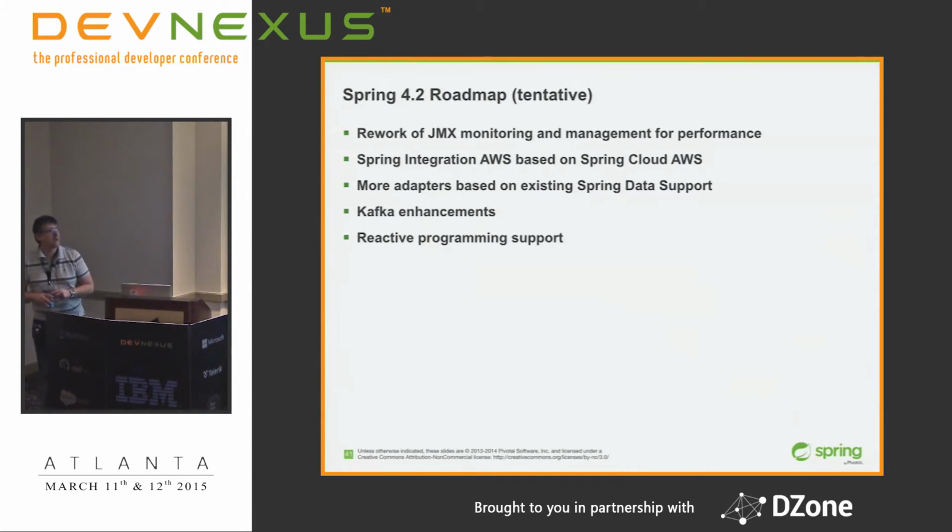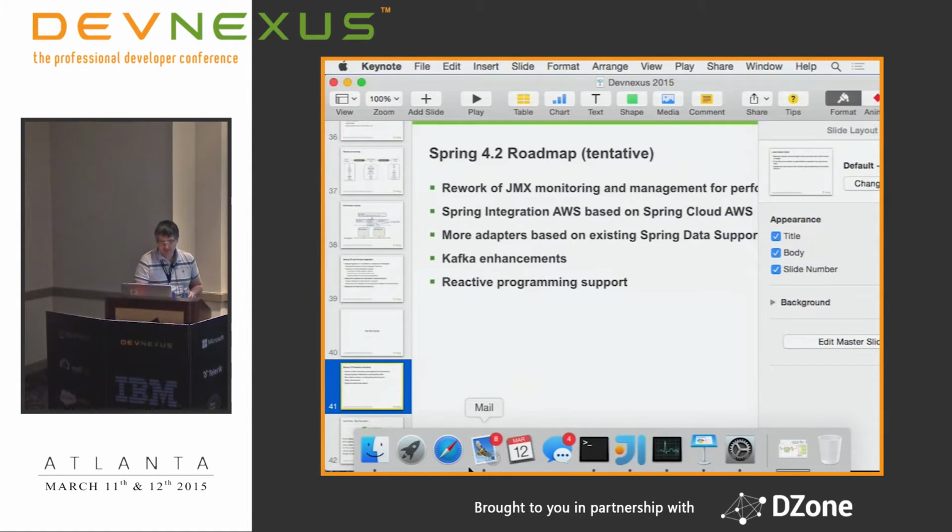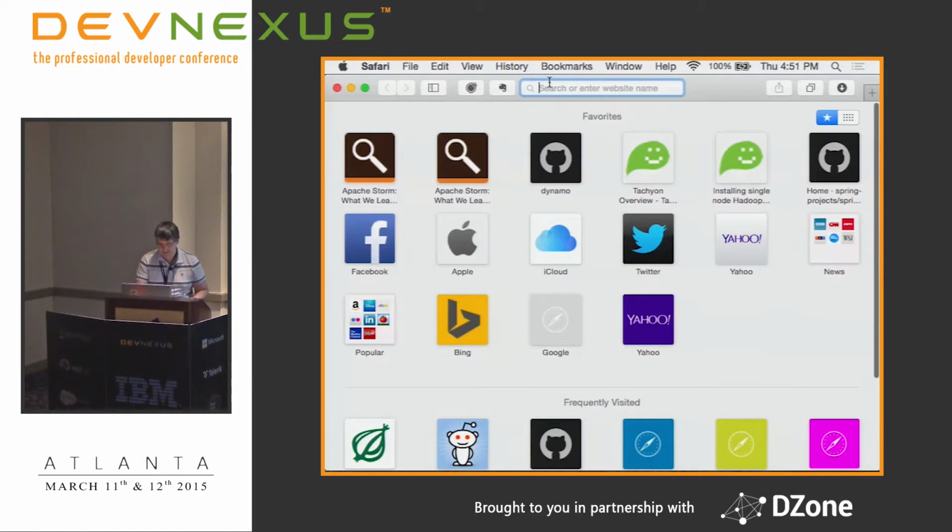Other things that we are looking at are support for AWS based on the Spring Cloud AWS project. So essentially you would be able to use all the AWS components with Spring Integration adapters. Obviously, we have implemented more adapters based on Spring Data support. As I mentioned, just to give you a hint, some very basic stuff like